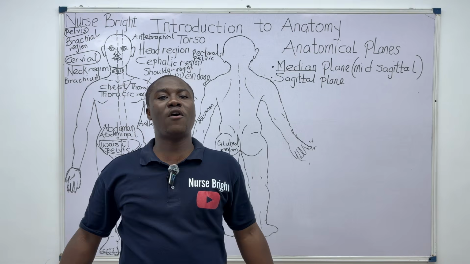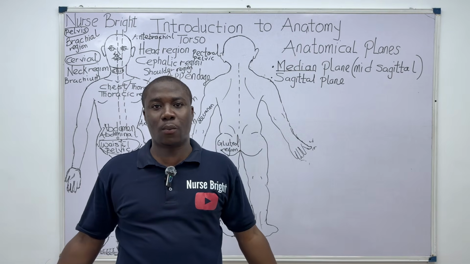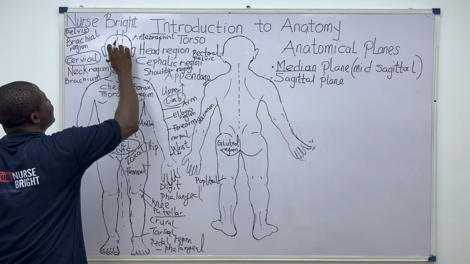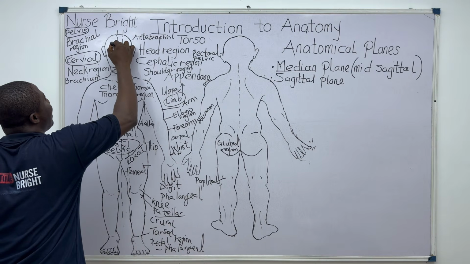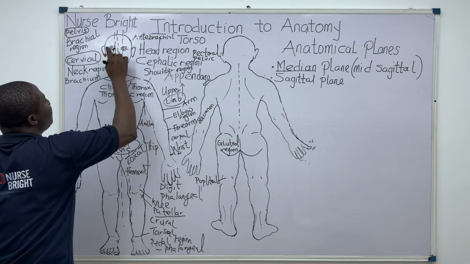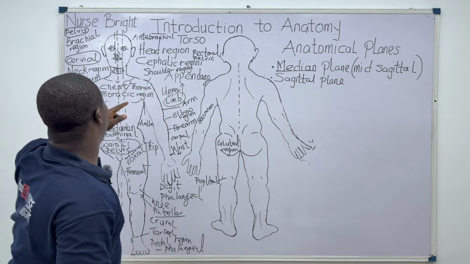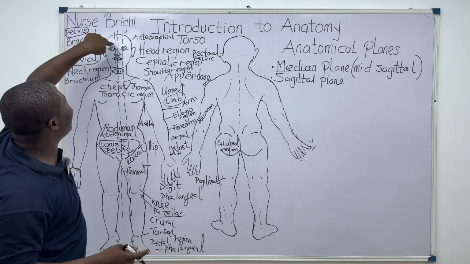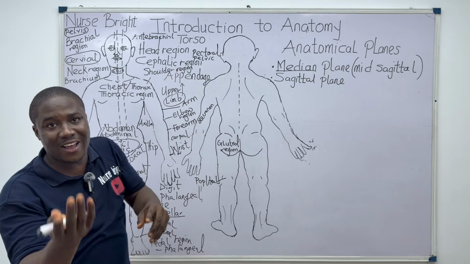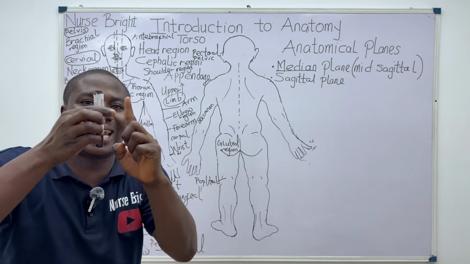Pay attention. An example of a sagittal plane could include a plane passing through the right eye. Remember I said, if we want to identify the sides of our body, we start anatomically. This is my right eye. So a plane passing through this right eye only. What is this plane called? A sagittal plane. Because it is running parallel to the median plane. It's vertical as well, and it's not touching the median plane. That's why we say they run parallel. Parallel lines are lines that don't meet.